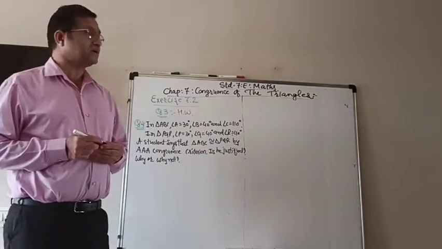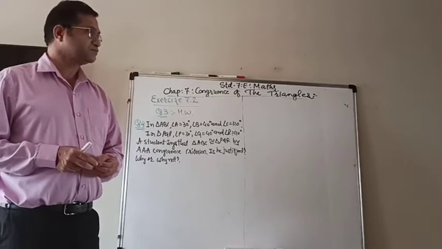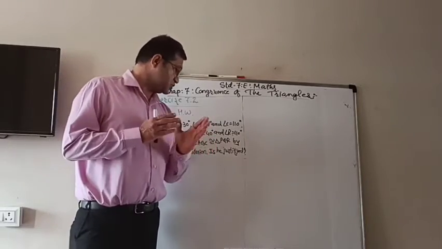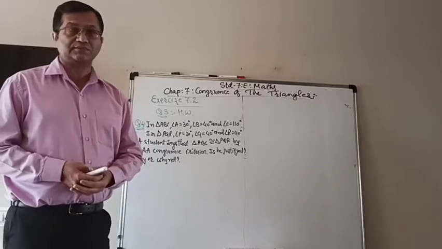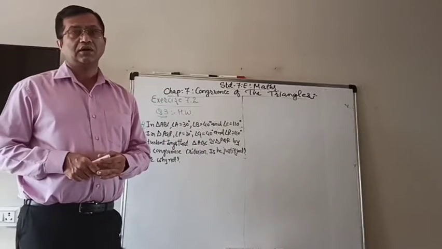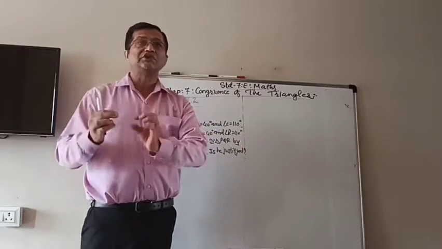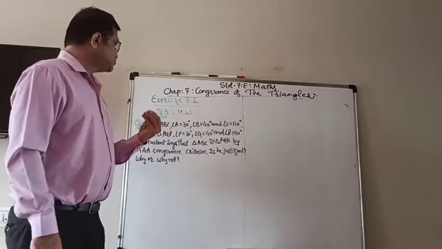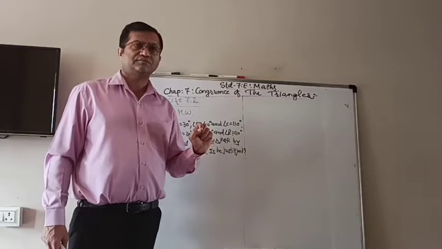Now question number 3 is very simple, in which a figure is given. In the figure the markings are also done, and the steps are given, you just have to write down the reason, by which reason. If it is shown in the figure, you can write down given in the figure. And if a criteria is used, then you have to write down which criteria we are using. So it is very simple. So now question number 4 is very different.